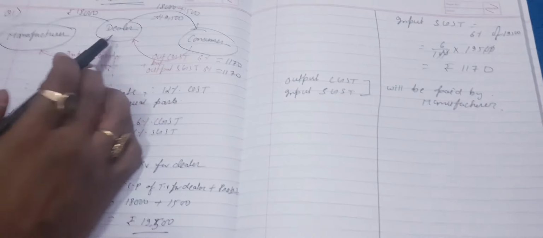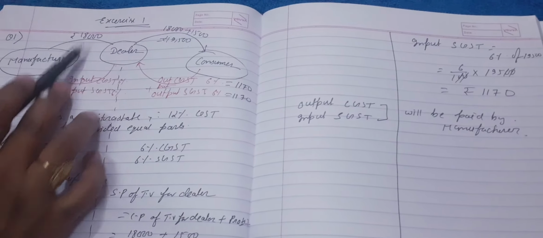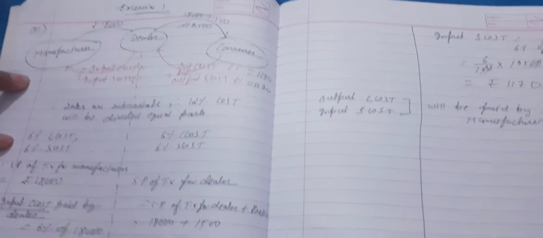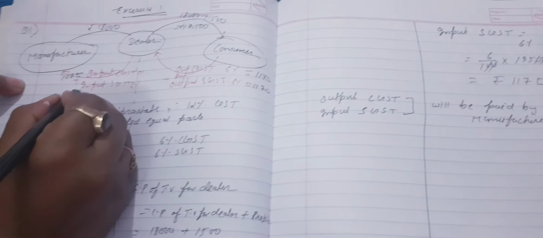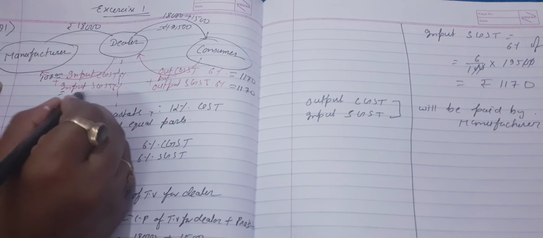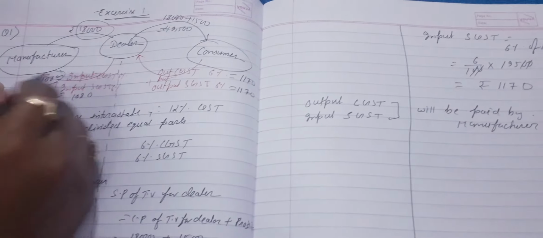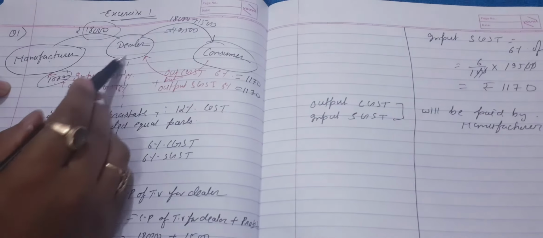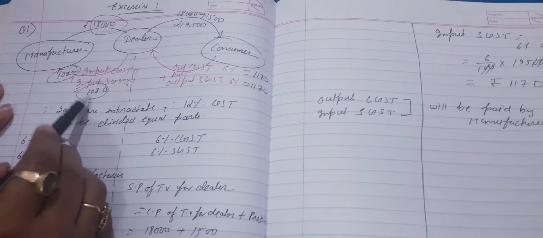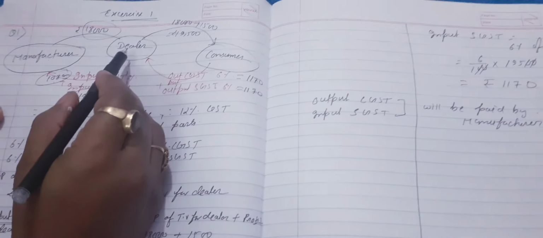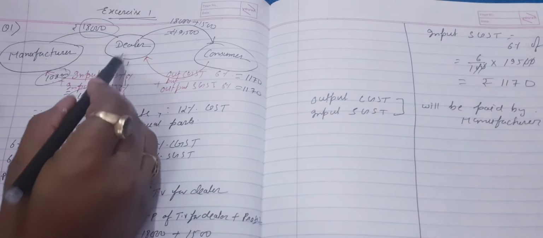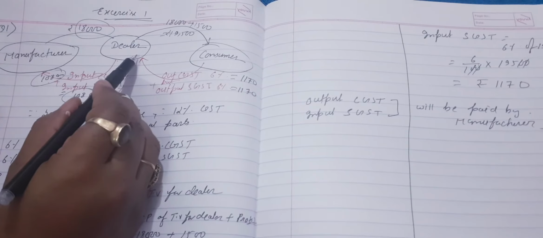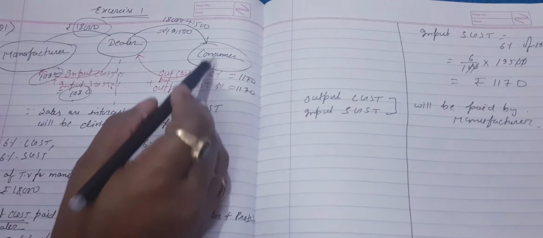Why? I'm telling you. See, the dealer has paid this amount, this plus this amount. Here that amount was 1080 as CGST, and SGST was also. So the dealer will pay this plus this and this. This is the cost of the TV, this is for the central government and this is for the state government. Now I want to explain one thing. According to calculation we can say that this is paid by the dealer, but the dealer is collecting money from the consumer. So overall all the amount is paid by the consumer.